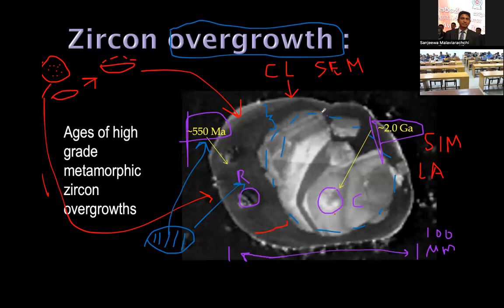Okay, so these are called detrital grains, and these are metamorphic zircons. This is detrital zircon, and this is metamorphic zircon. So